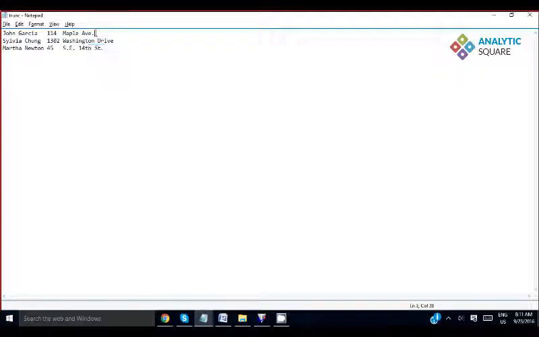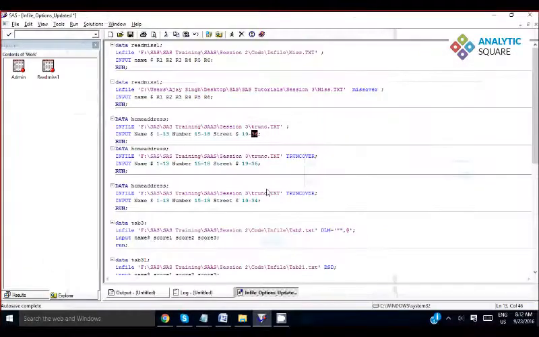You can see that Maple Avenue is shorter than Washington Drive, and it is longer than your SC14. So if you give the position as per your maximum length, maximum count, maximum byte, what will happen when I run it?